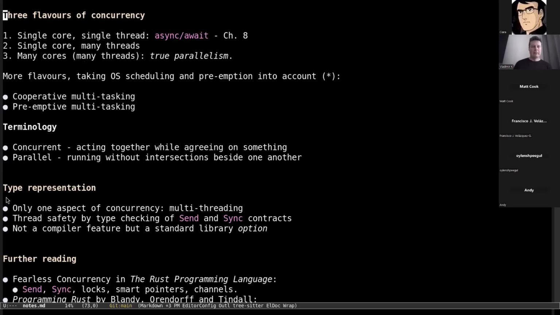As for support for these three types of concurrency, we've already discussed async await in the asynchronous programming chapter. For true parallelism, Rust supports only one aspect of concurrency, which is multi-threading, and it provides a way to